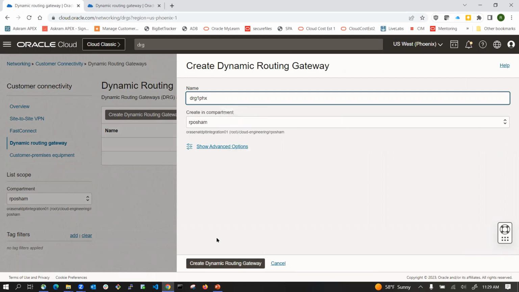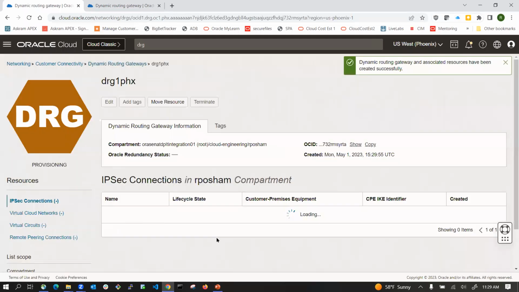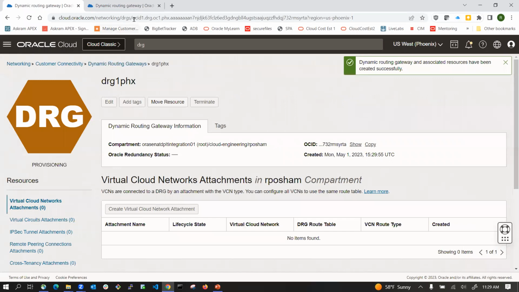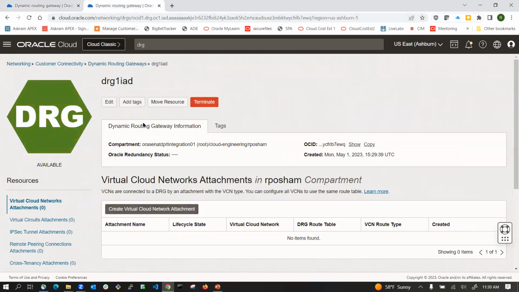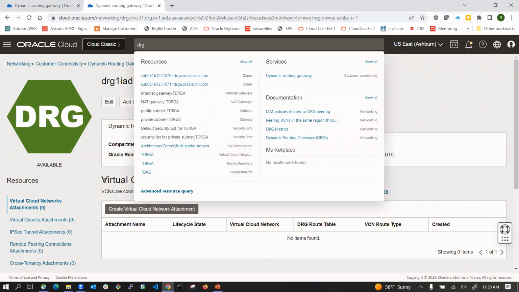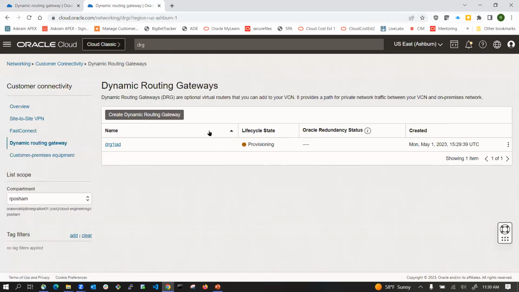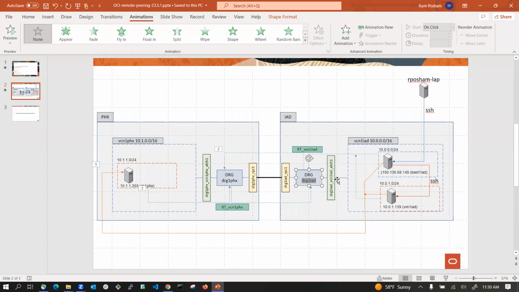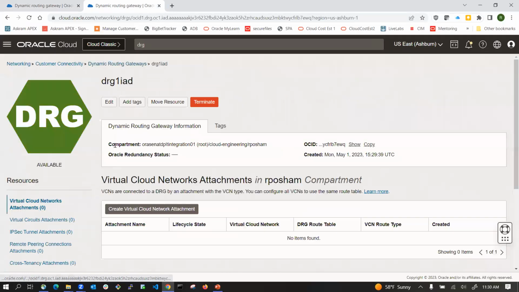Okay, so that's the dynamic routing gateway, and it takes a few seconds to create that. So the dynamic routing gateway is available. All right. The next thing is we need to attach the dynamic routing gateway to the VCN. That is the next step. So what I'm going to do is I'm going to click on that